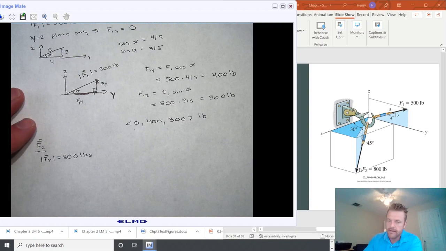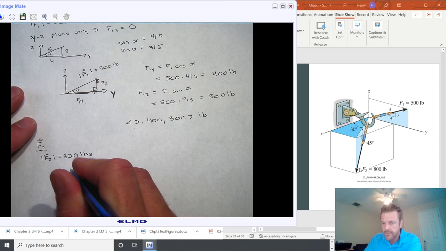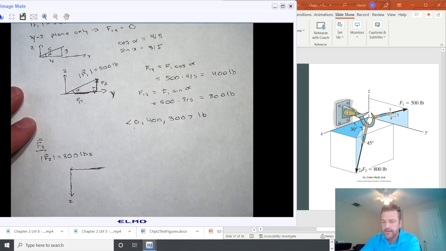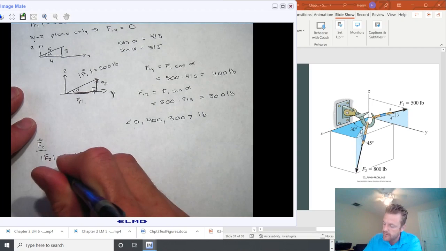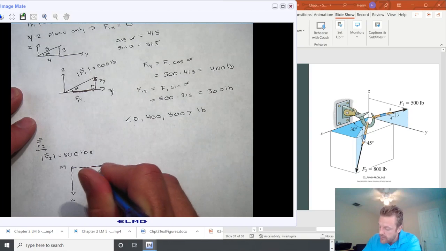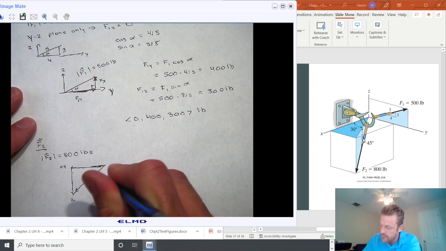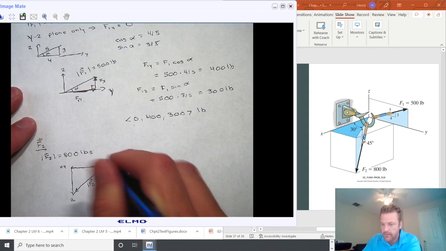So following that same idea that I did in the previous lecture, I'm going to start by decomposing this into a coordinate system that consists of the z-axis along with an axis that is aligned with the projection of this vector into the xy plane. So I'll call this the xy axis. And I'm not going to worry too much about the sign of that because I'm going to take care of that when I go back and actually do the decomposition of this projection. But what information are we given? We're told that this vector, F2, which has a magnitude of 800 pounds, from the xy plane, is declined